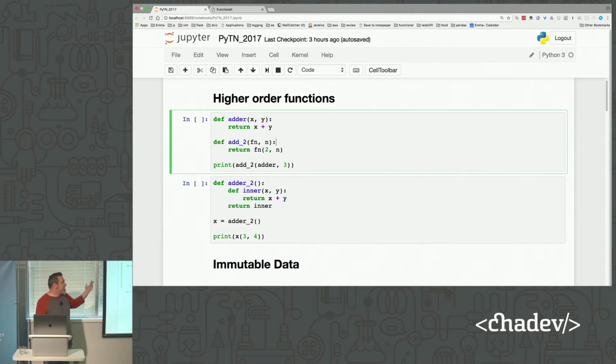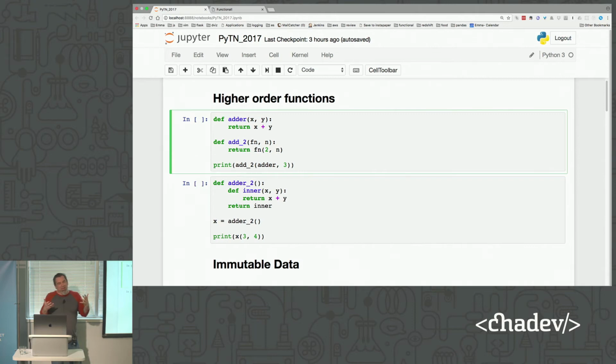So here we have an example of higher order functions, right? We've created a function called adder and a function called add2, because naming things is hard. And essentially what we're doing is we're taking adder, passing it a variable, and then passing the return value of that back into add2. Sorry, I got myself confused.